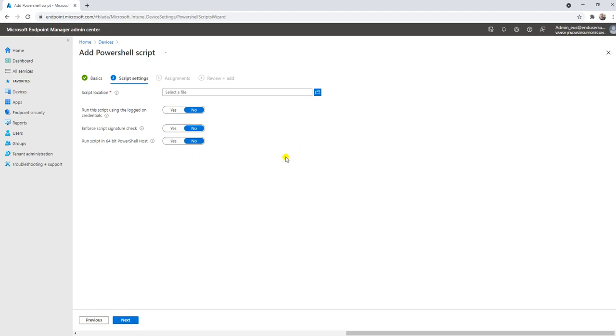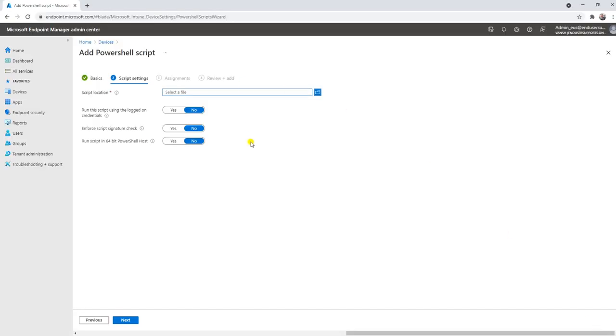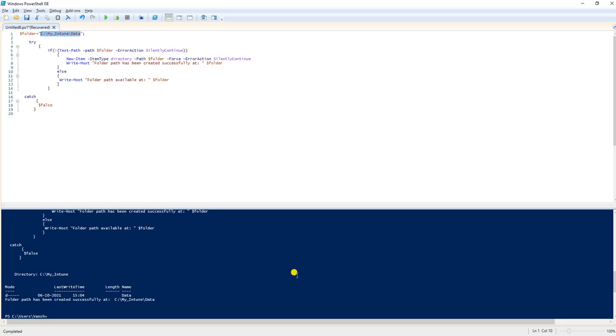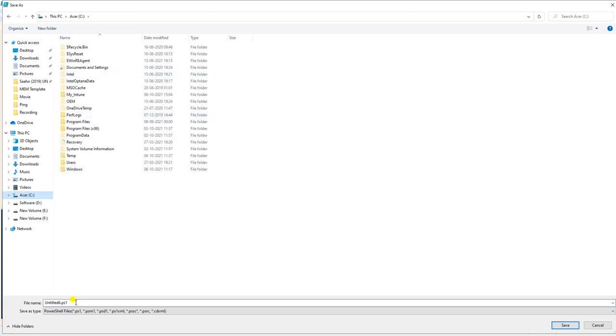Now let me go here. Now here it's showing the script location where that script is. If you click here, it will be asking you for the PS1. Okay, so PS1 format it will support. Directly you cannot copy paste your script here. So what we need to do, just let me go and save this file, and I'm going to save it here, like create a folder. Create folder I can say.